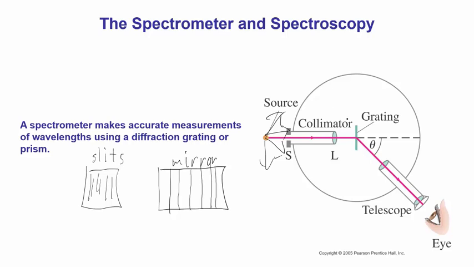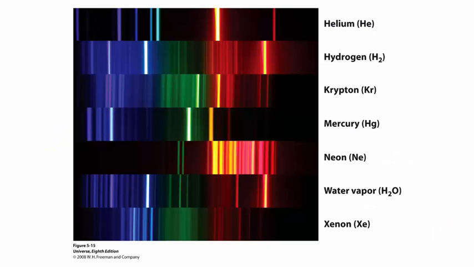And so you can make a spectrometer with a mirror as well, and then you just have your telescope. If this is your mirror, it's going to be bouncing off over here, and then you put your scope over there. Still works. There's a variety of different designs for these things, but these have a lot of uses in science in a variety of areas, particularly in astronomy,